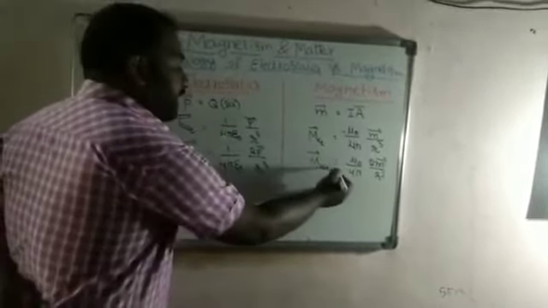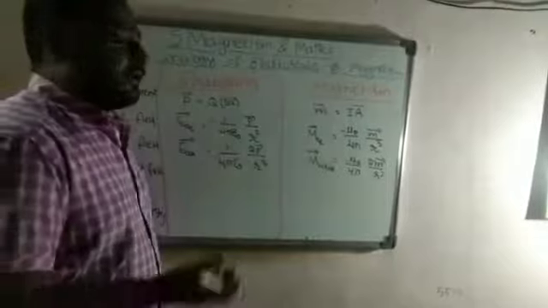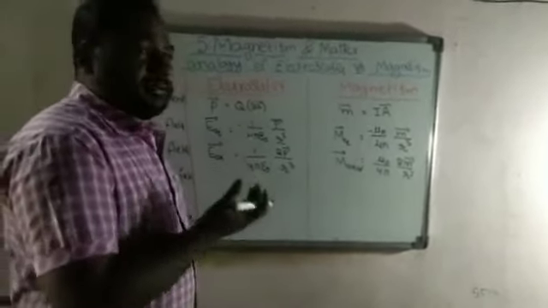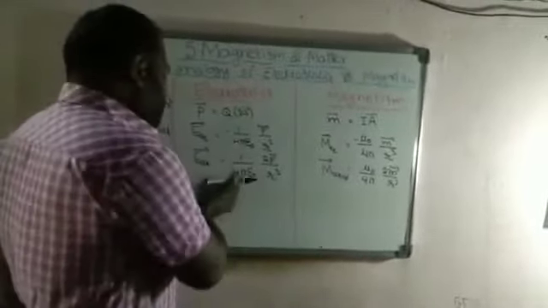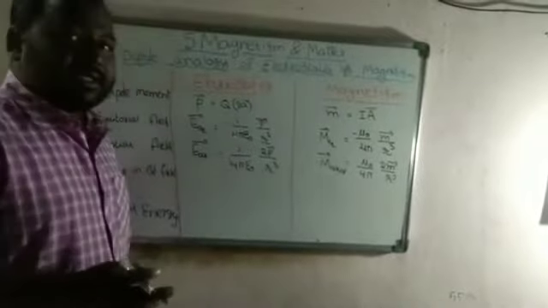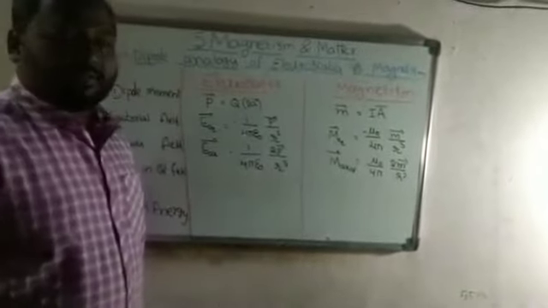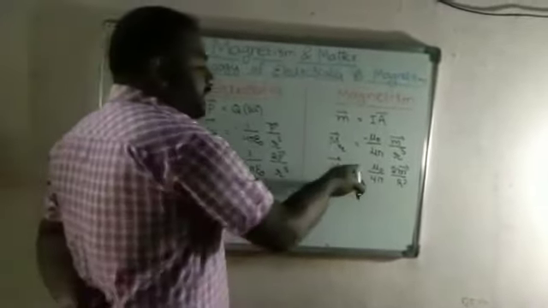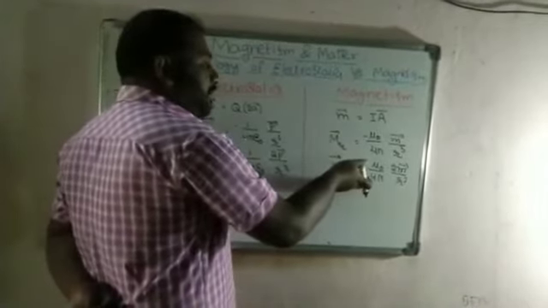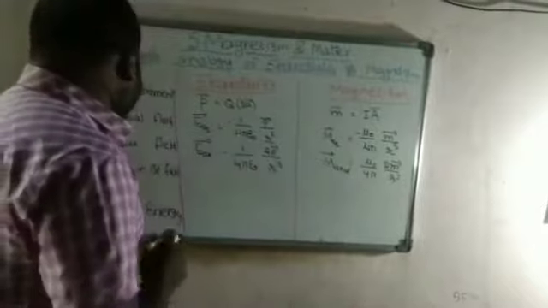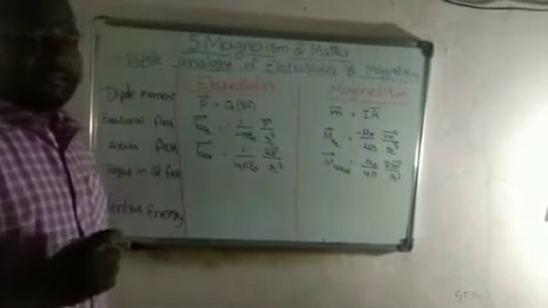We already derived this in the analogy between solenoid and bar magnet. Okay? Now this is the electric field along the axial line, which you already derived in the first chapter, and this is the magnetic field due to the bar magnet along its axis. Okay? And next one is torque in a field.